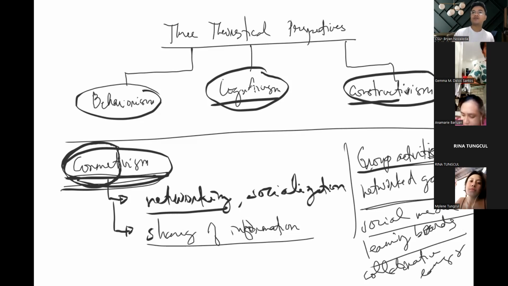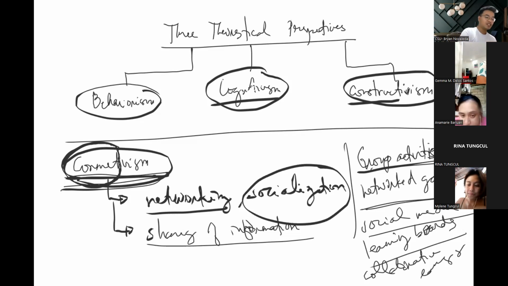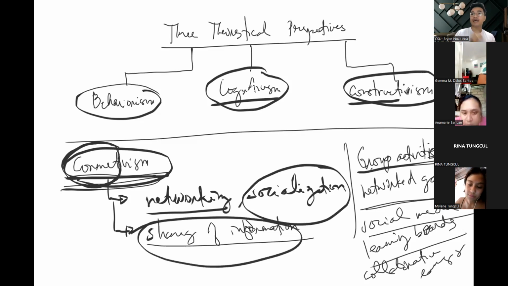There is no monopoly of learning. Ang alam mo ay pwedeng hindi alam ng iba. At ang alam ko ay maaaring hindi alam din ng iba. Maaaring may alam ka na hindi ko alam. Kaya dapat tayong magtulungan. There must be socialization. There must be sharing of information. That is what we call connectivism. So do you understand the four and their differences?